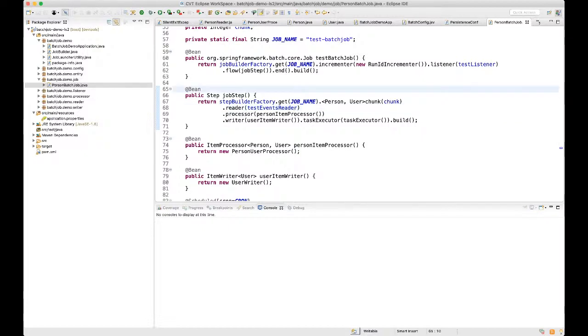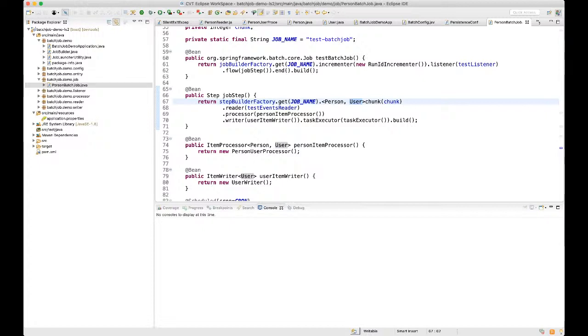Okay, the POJO based development approach we earlier talked about is basically here. You can see we are defining what would be the input and output of that. So the input of our whole step would be person, and the output of our whole step would be this user. Okay, so here we have defined our job.